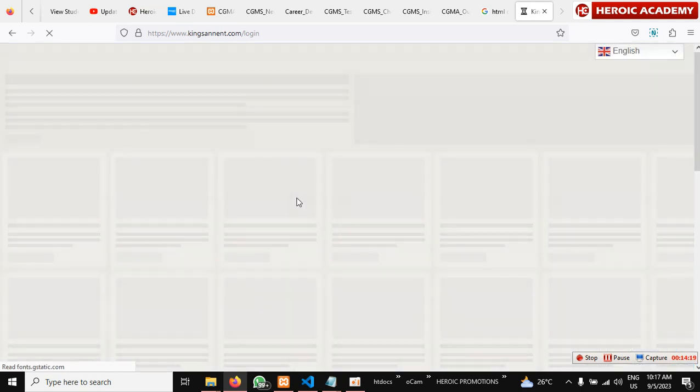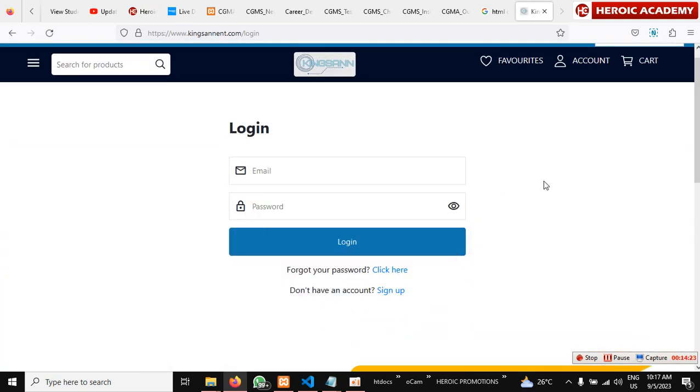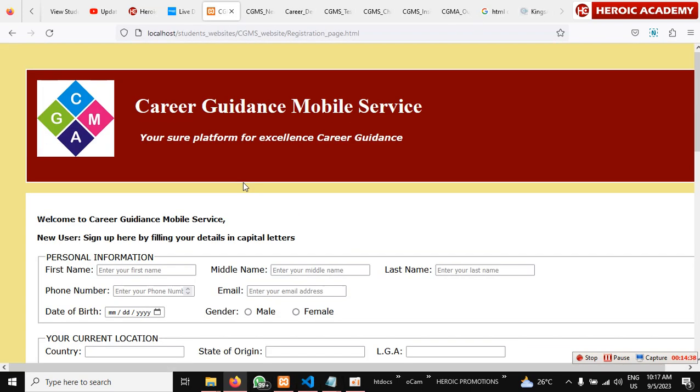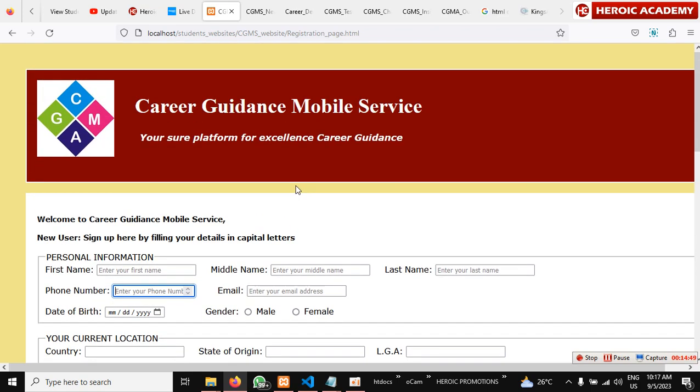So you see this one also styled. Okay, if you go to sign up, the point I want to make is that you have to style your form. You don't just have to insert the form input like you did here without styling it. Okay, you need to style it, and the essence of styling it is to ensure that you also maintain your